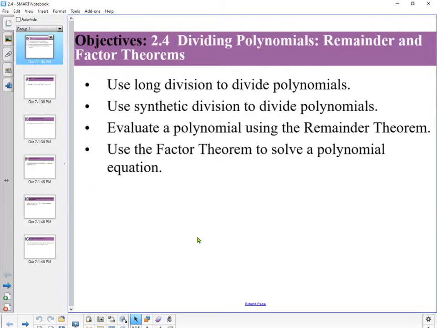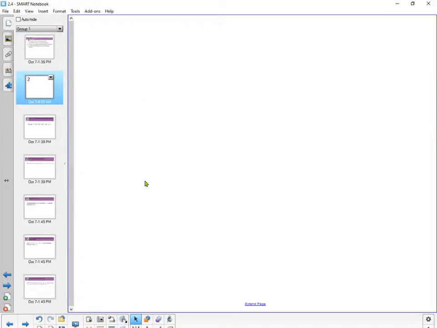What we're working on today is dividing polynomials, and we'll be talking about the remainder and the factor theorems. We're going to be using long division. Synthetic, I don't know about it. I'm not a big fan. Just kidding. We're going to evaluate the remainder theorem, and then we're going to use the factor theorem to solve polynomial equations. Before we do that, I want to send you back a little bit to